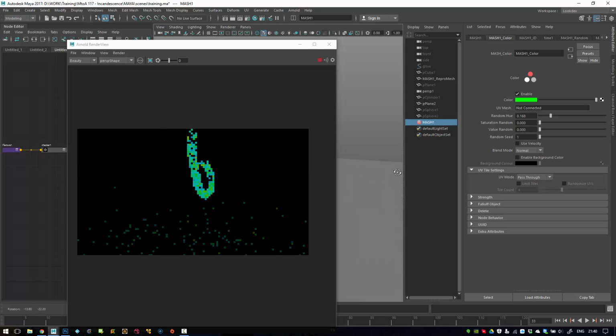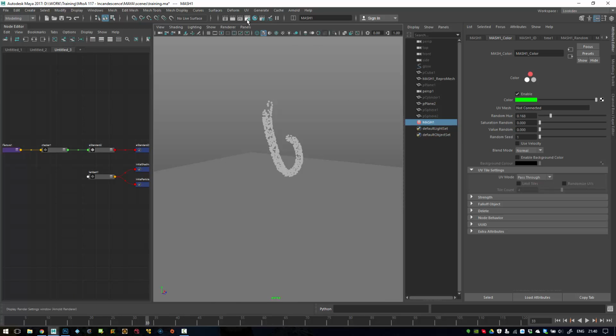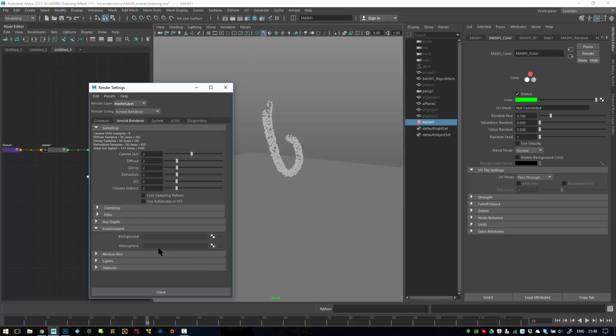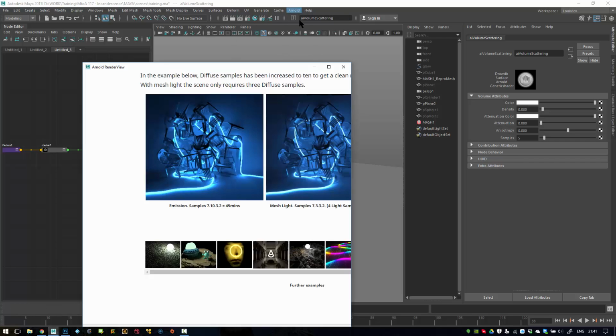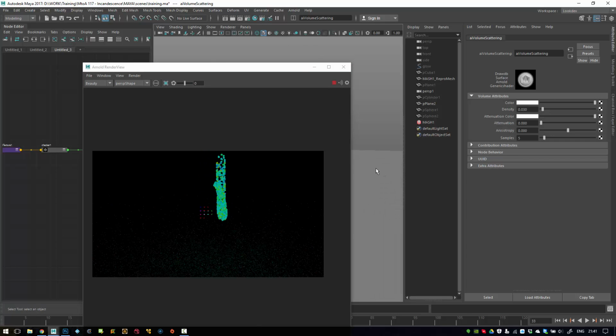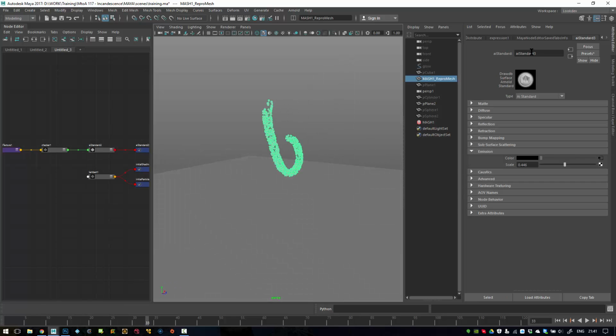I wanted to do something more glowy, so I wanted to use AI volume scattering, which is like a dust effect for an environment shader. So I have an atmosphere and I want to connect AI volume scattering, or create one. If it's not here, you need to create one. I have one already in place. These are my settings for that. And that's one limitation. The shader approach does not really cast rays, so you wouldn't get the environment shader to work properly. So to get this to work, going back to the shape of the mesh object